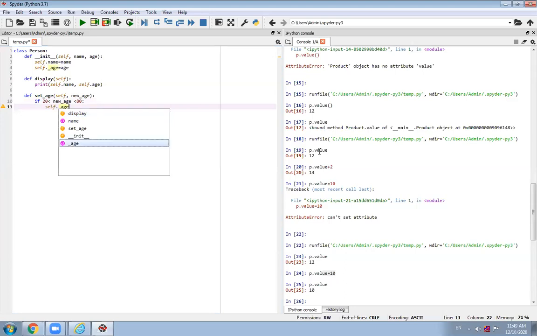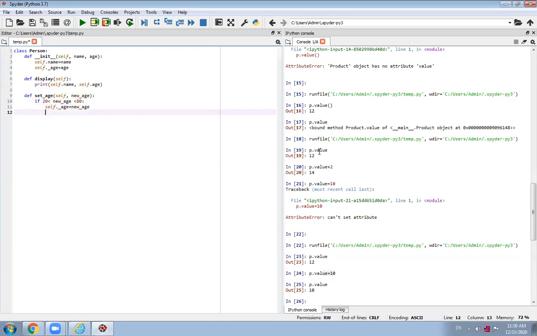So we are setting an age, new age. So age is equal to new age. And if it is not, then it will move to the else part and raise the error. We have seen this concept also, exception handling. Age must be between 20 and 80. Okay.